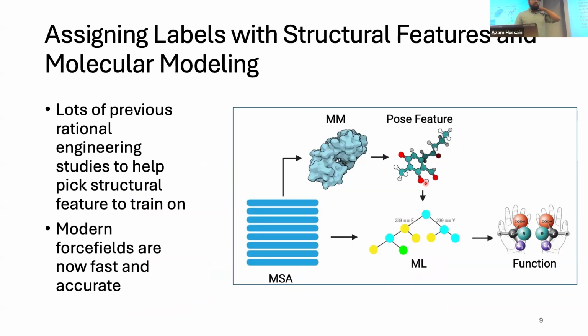And modern force fields in CHARMM or OpenMM are pretty accurate. So I think the problem now is that QM/MM is very well established and molecular dynamics is very well established, but it's hard to connect them and see how they would be useful for training a machine learning model. So that's the point of this paper here: hey, for every sequence here, we can